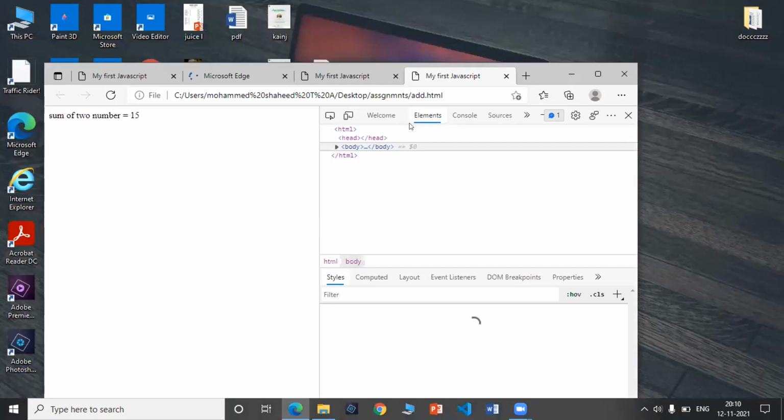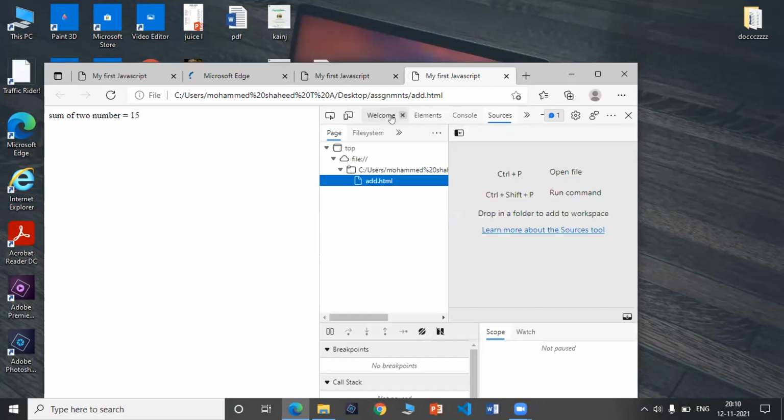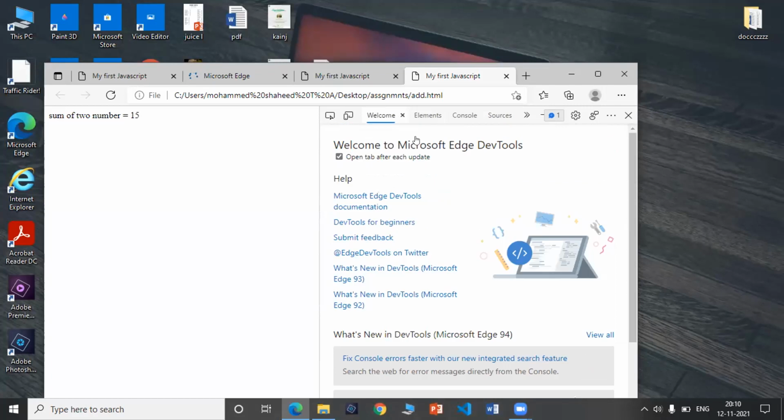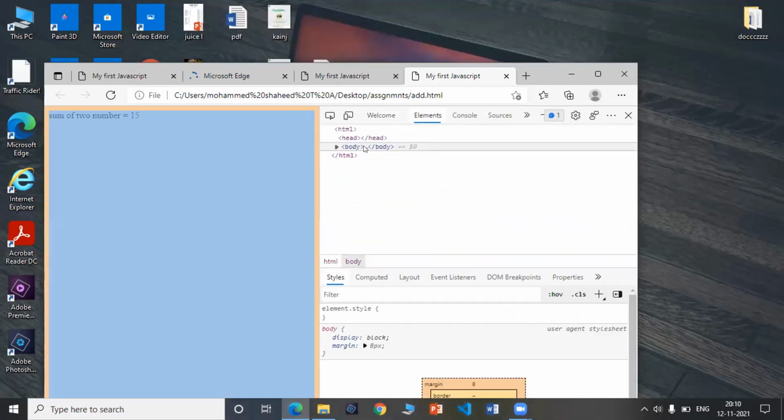You cancel this. We go for inspect when we want to edit it. Okay, you click on body. Click on body. Go to the welcome element. Click on element. Yeah, body. Click on body.